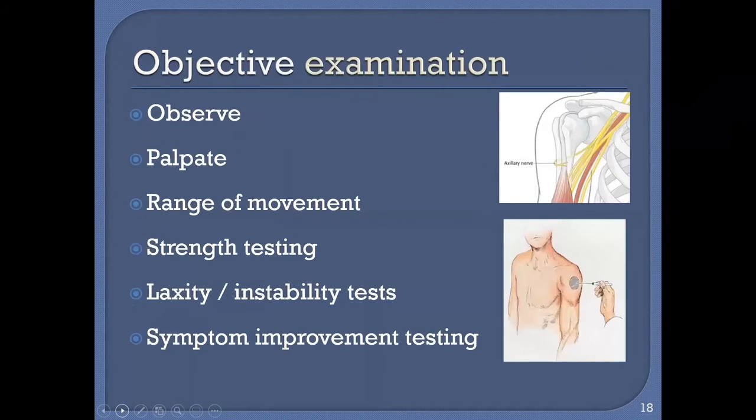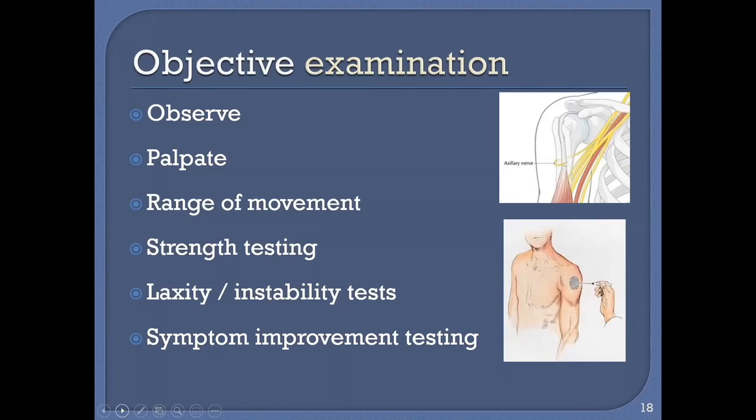So from an objective examination, I'm going to talk about what I'd look for in a general shoulder exam, thinking more about ruling out a structural problem, and then we'll go more on to thinking about the type 3 and the muscle patterning, and a few tips and tricks of how to spot and what to do with it. So the first thing I do is observe how the child moves generally,